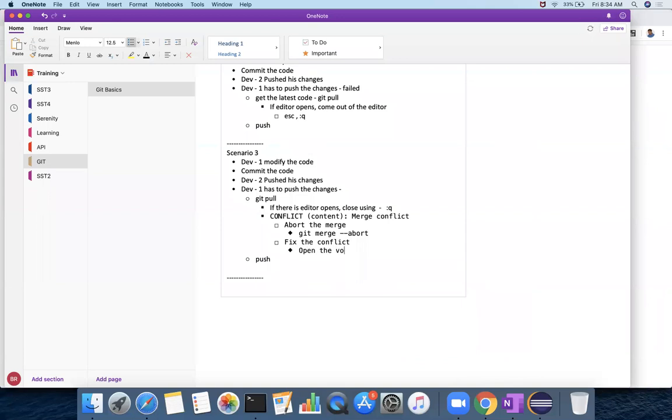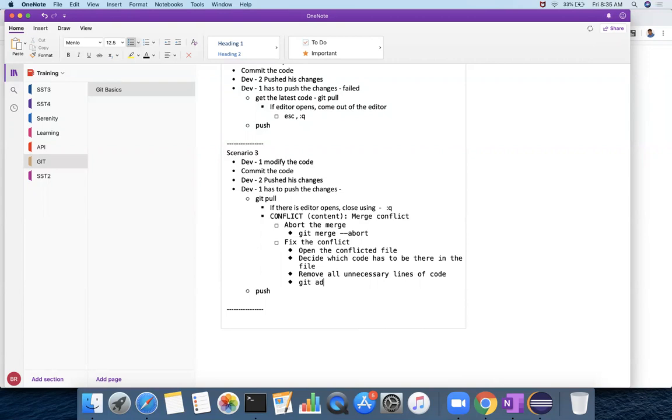Open the conflicted file, decide which code has to be there in the conflicted file, remove all unnecessary lines of code.